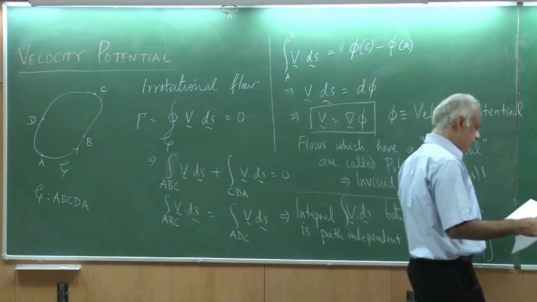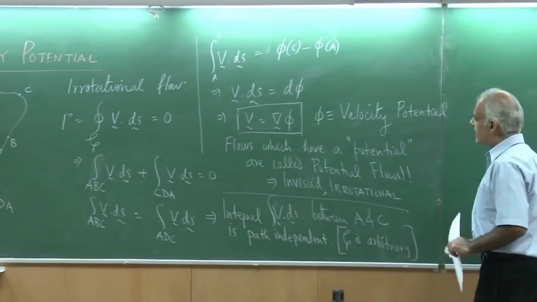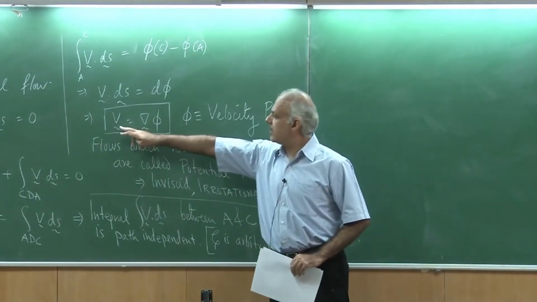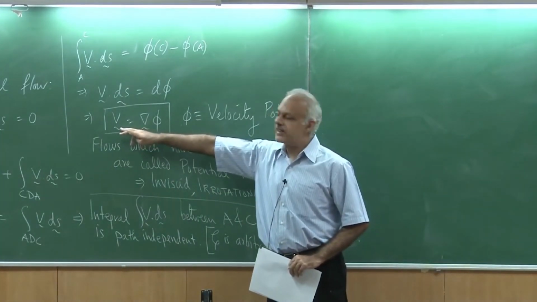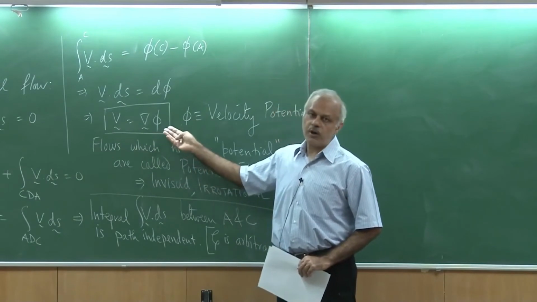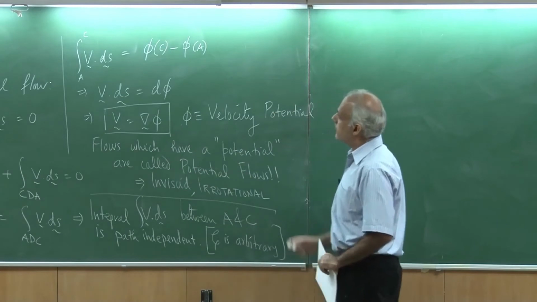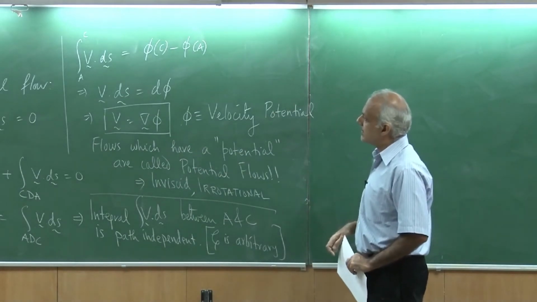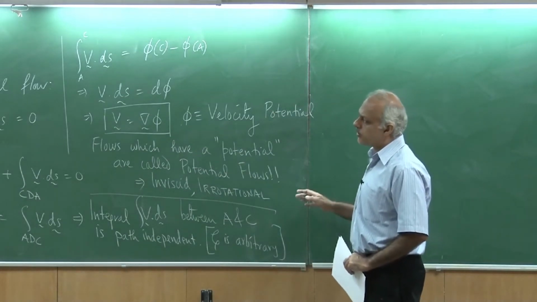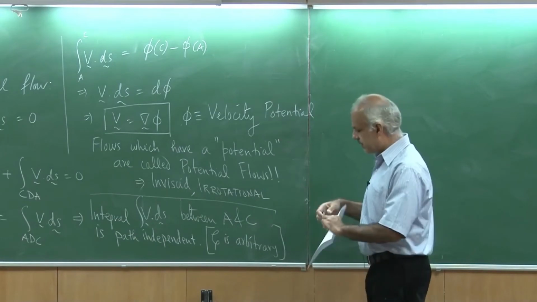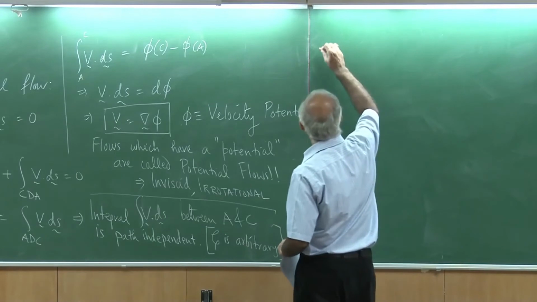All right. The fallout of this is that, as I said earlier, instead of V being a vector with 3 unknowns, you have reduced the problem to a single unknown, which is a scalar. So, we will continue on this in the next session, and before we close today, I just want to remind you of another concept, which is the stream function. This would also be very useful.